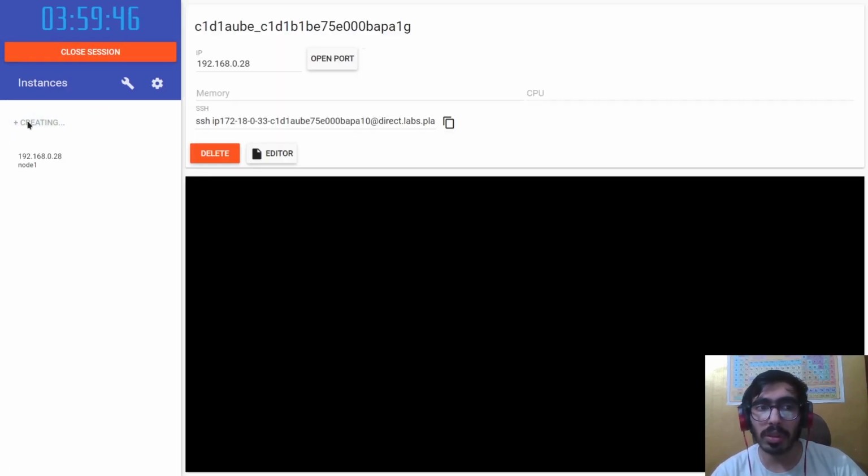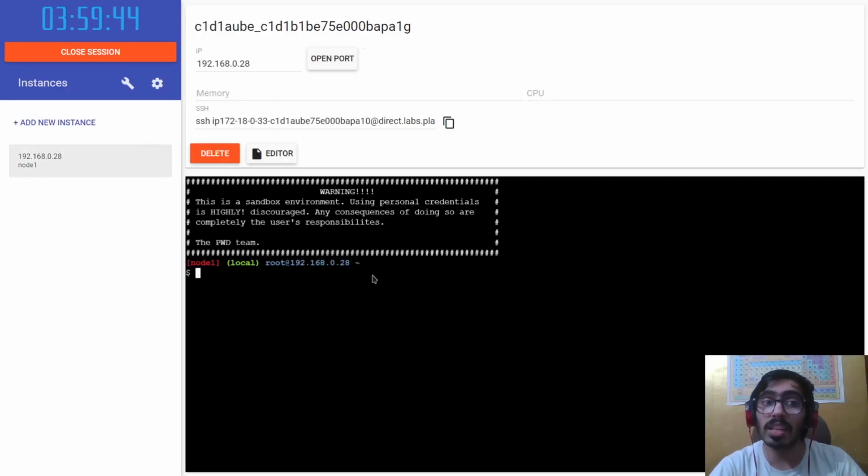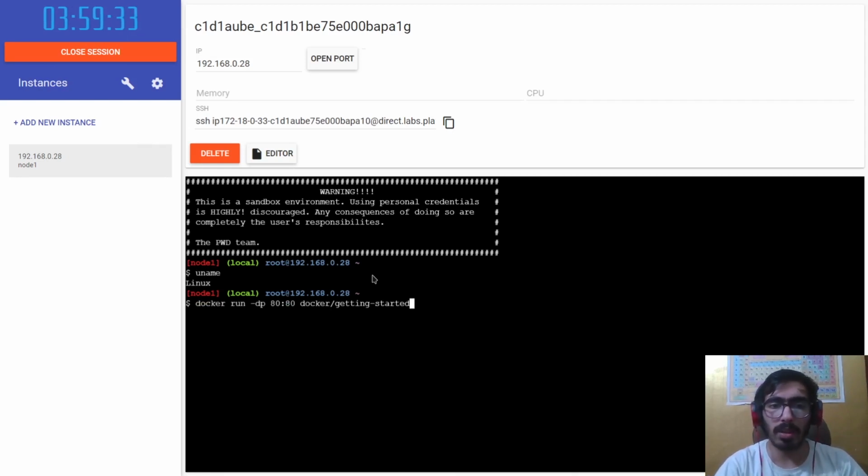So creating a new instance is basically a new server. Let me show you, it's running Linux. And now we'll start off by using this basic command, docker run -dp 8080 docker getting started.